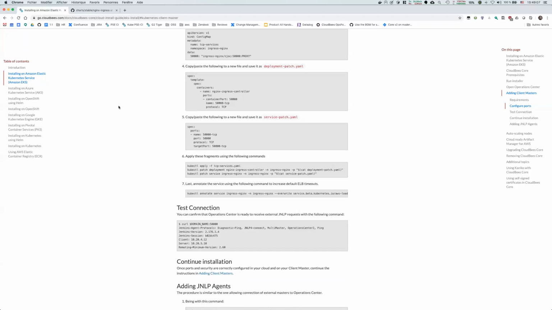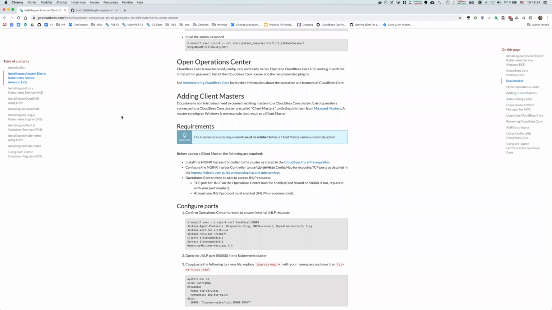One thing I forgot to mention is one important element, since we are forwarding the connection from the load balancer into the Kubernetes cluster. That's already something that's part of the documentation usually. Where is it? Timeout. Yeah, here. One more thing to understand is, for instance, this is for AWS; the same kind of configuration may be required for other providers. This is setting the connection timeout for the load balancer.